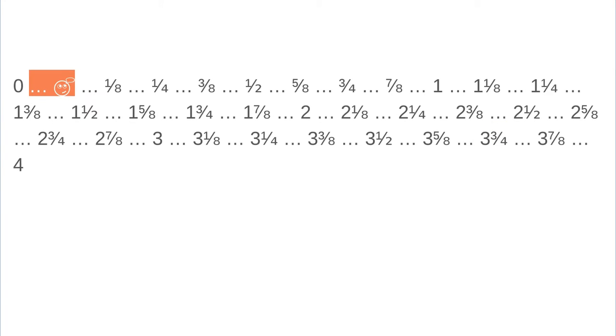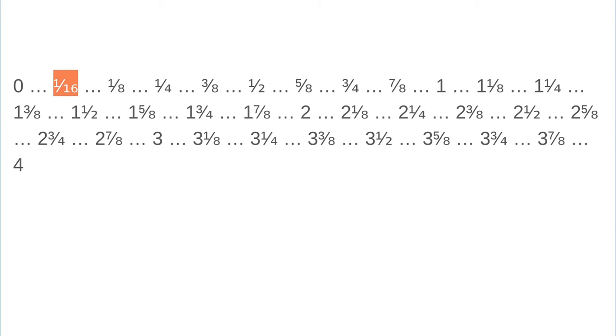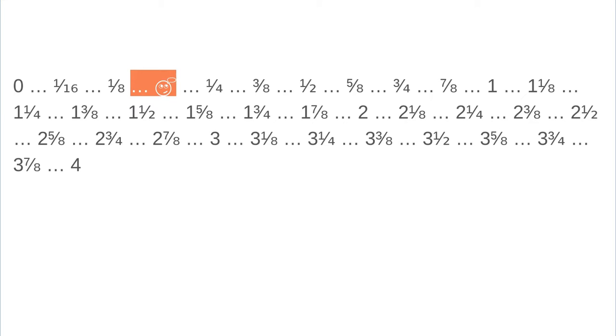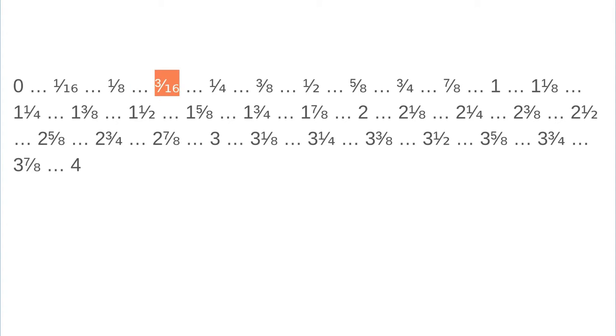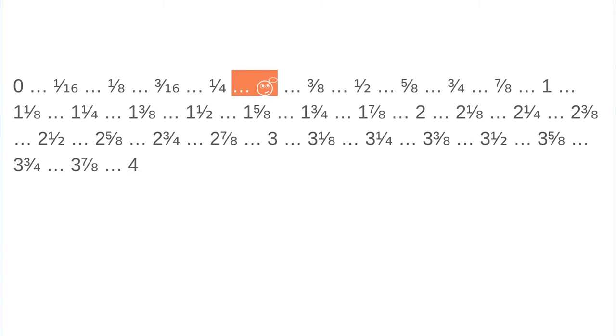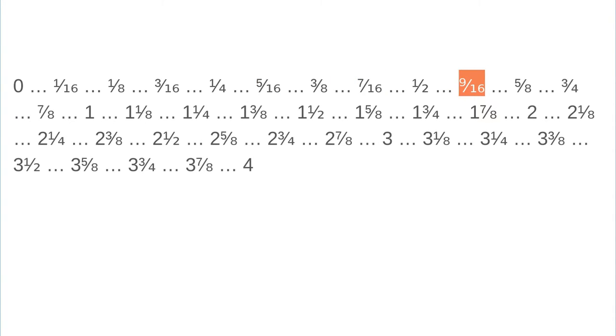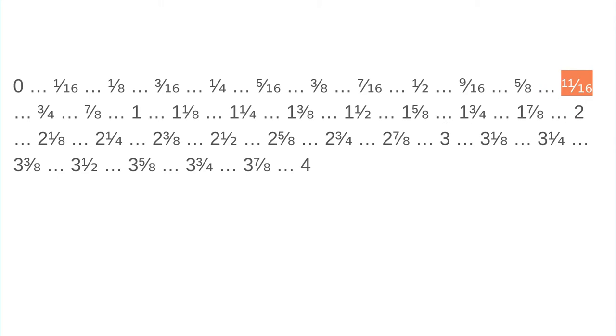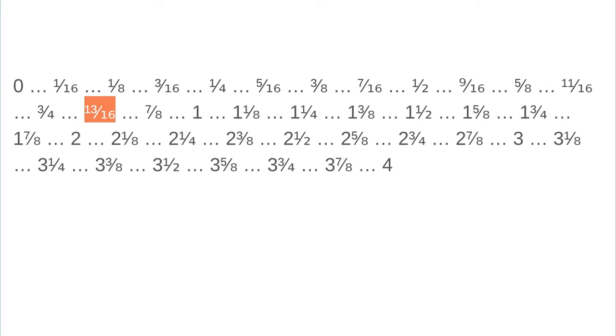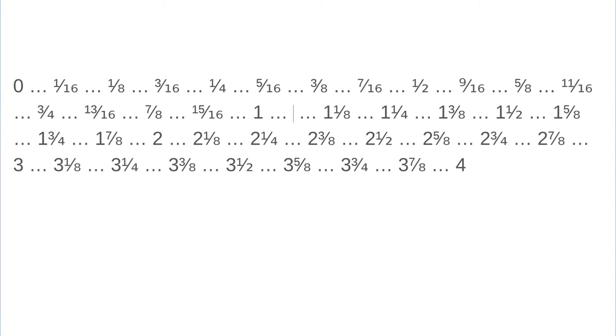In between 0 and 1/8, what's half of 1/8? It's 1/16. Halfway between 1/8 and 1/4, 3/16. Halfway between 1/4 and 3/8, 5/16. Now notice, this is really not that hard. 7/16, 9/16, 11/16, 13/16, 15/16,